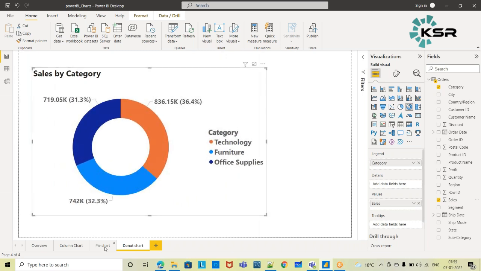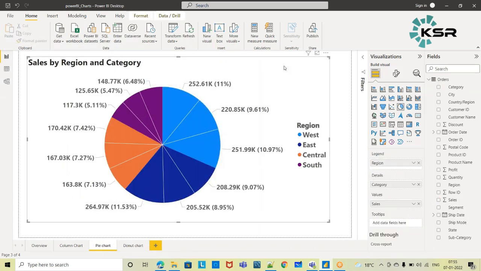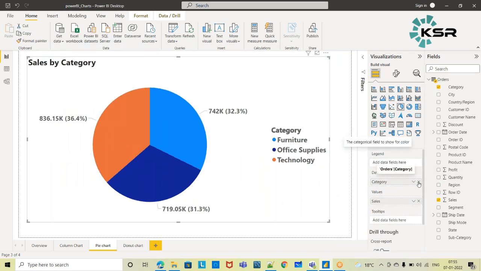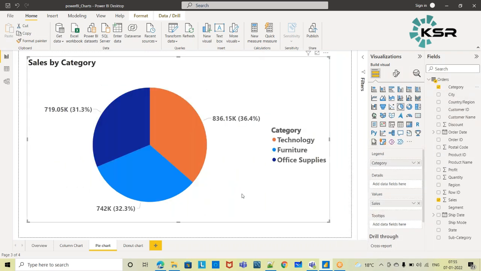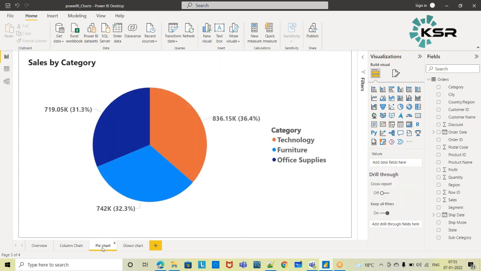So if you see the difference, right? So let's remove this one. What is the difference you are seeing with respect to the pie chart and the donut chart? Both are the same. Both are giving the sales value as well as the percentage of sales with respect to overall sales.